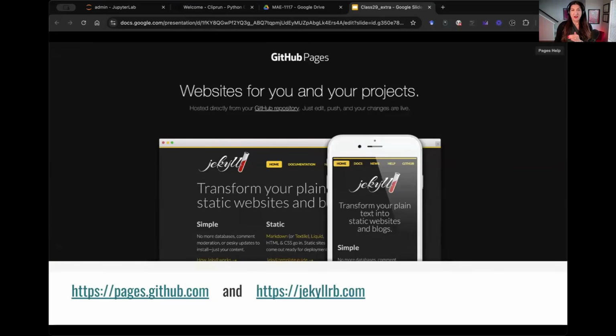I've already shared the slides via a link to a Google Slides document. These are active links. So the two things that we're going to be using are GitHub Pages and something called Jekyll. Jekyll is what's called a static site generator. What does it mean, a static site generator? It means that you write the content of your website into Markdown files. And then, since we know already Markdown from using Jupyter Notebooks, it shouldn't be too hard to understand how to build your content. And then Jekyll converts your content into a website that can be rendered by GitHub Pages